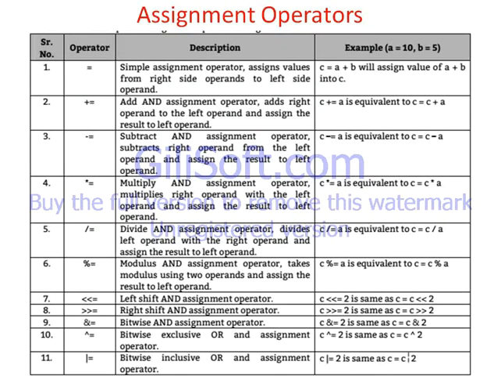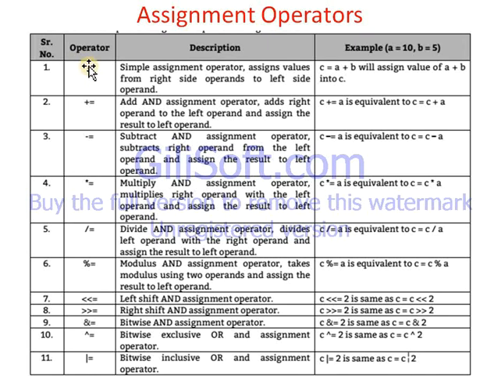Next, the assignment operator. Assignment operators are used to assign the value on the right to the operand on the left. The basic assignment operator is the equal to symbol.